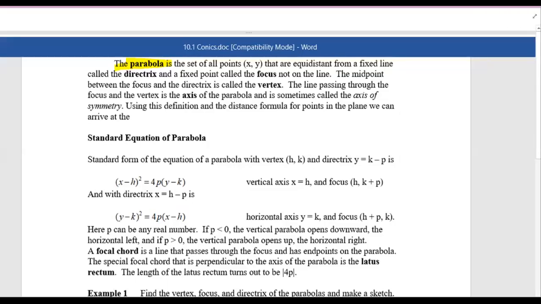Okay, we're going to do something with the conic sections today, conic sections, and we'll discuss 3 different types. First